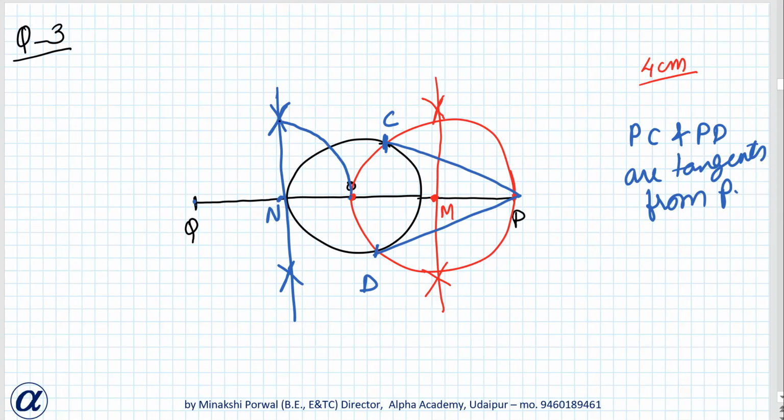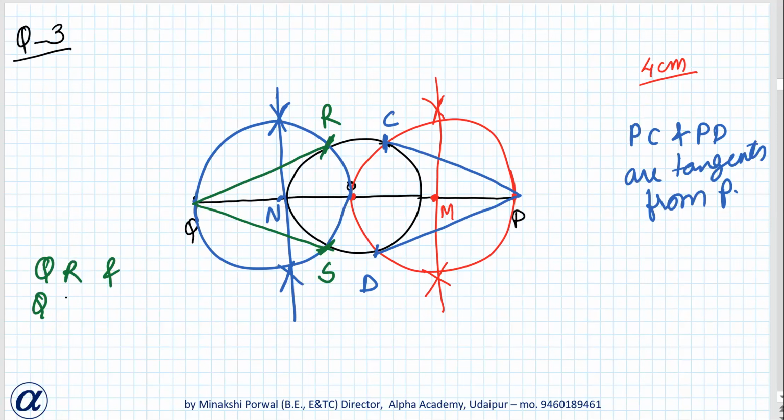N as center and ON as radius, make a circle. Name these points as R and S. Join QR and QS. So QR and QS are the required tangents. Okay, and you can highlight this because these are the actually required tangents. So QR, QS,